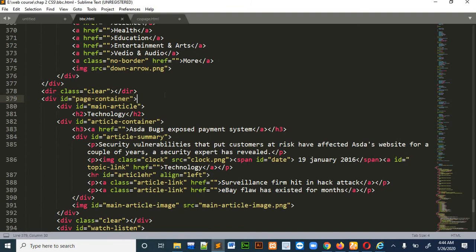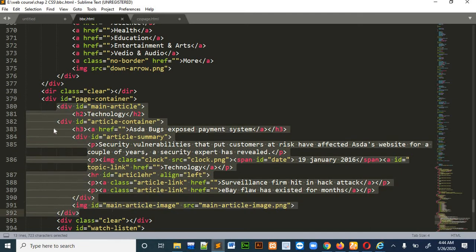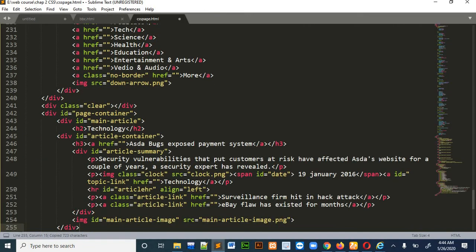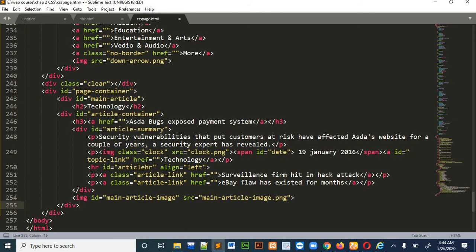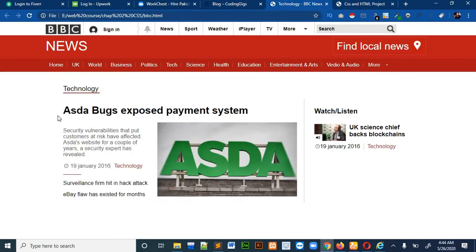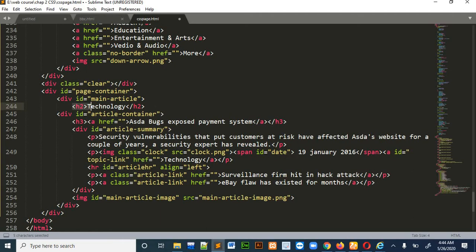Okay, and there is one more div in it, which has a heading called h2 heading. Okay, so let me just copy it and place it. So let me just copy all of this section so that I can tell you more easily what we are doing in this section. So what we are doing is placing an h2 heading first for technology. So you can see that technology is written there. So we will place this